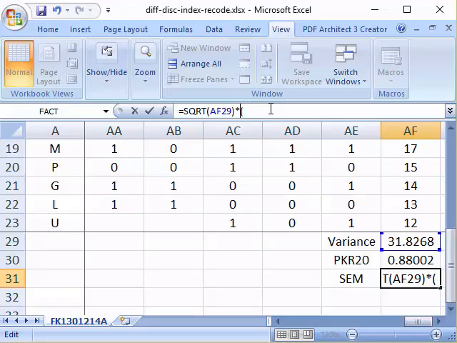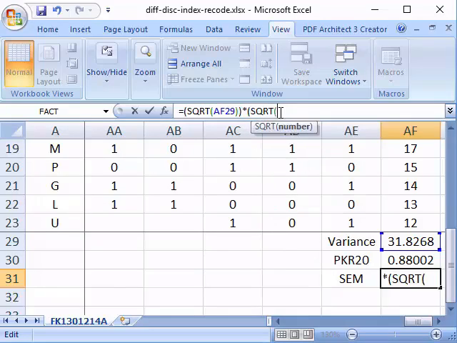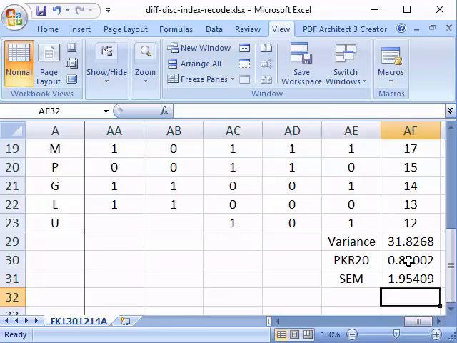So we're going to have here SQRT, in bracket 1 minus reliability. So our reliability is here. In close bracket again, enter. So our standard error of measurement is 1.95.